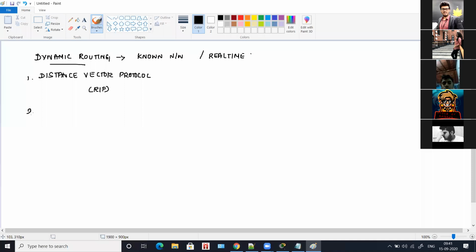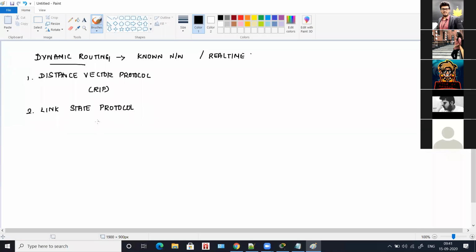The second one is the link state protocol, and in the link state protocol you have OSPF. The third one is the advanced distance vector protocol, and in that you have EIGRP.